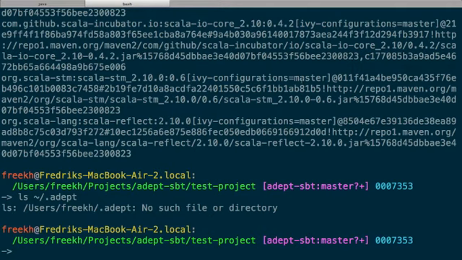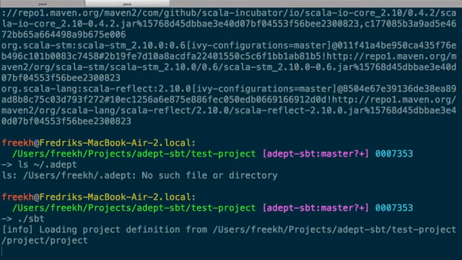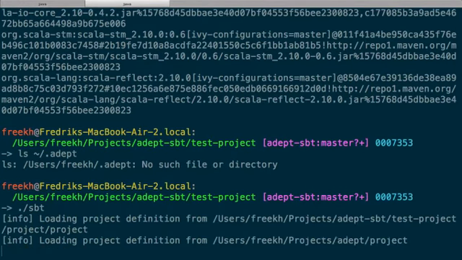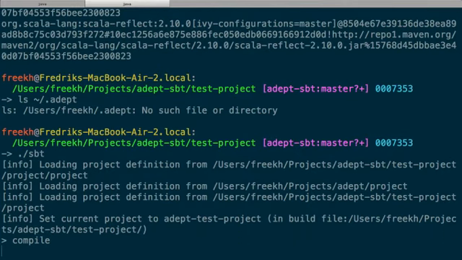This is a fresh repository and it does not have any artifacts in it. So I'm just going to start up SBT in it and see what happens. When I hit compile now, what we want to happen is that it downloads all of the artifacts it does not yet have. It's going to look in the dependencies and figure out what it needs, then start downloading the dependencies. So now it has found all the dependencies, and then as you can see